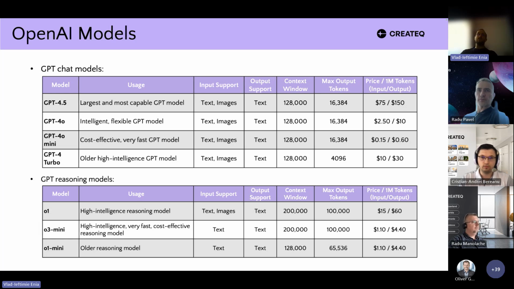And it is also considerably faster than GPT 4.0 because it is much smaller. And we also have reasoning models. We will talk more about reasoning models in our future session. These are very different models which are capable of reasoning, give explanation for their answer, and things like that.